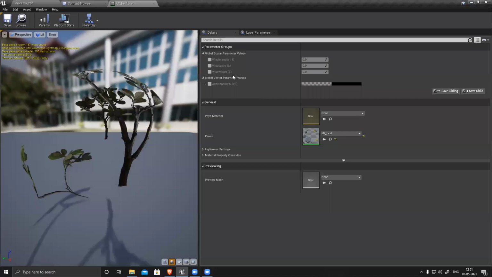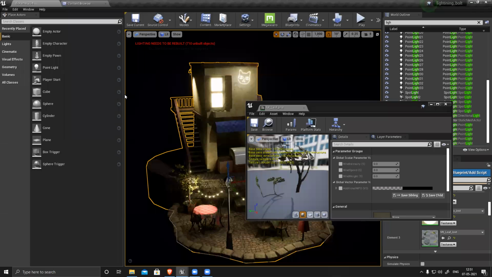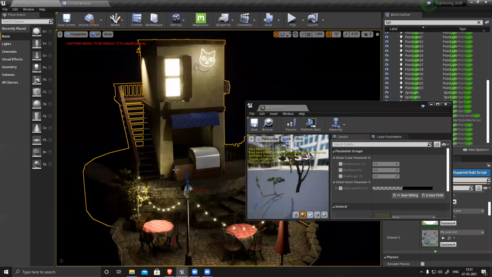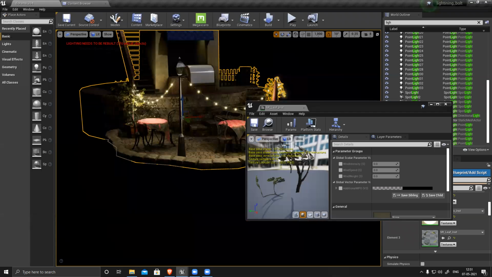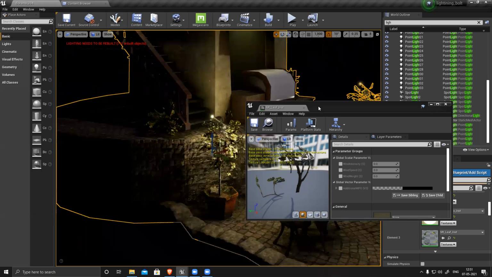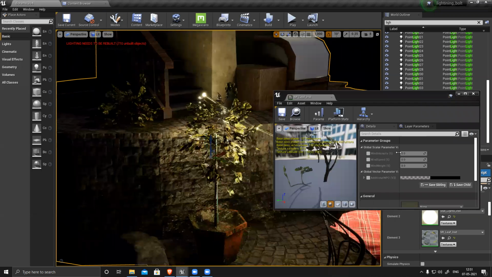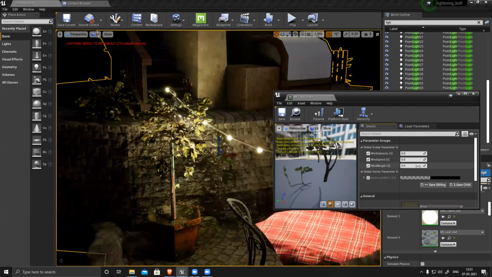So what I have to do is go to my instance, where all these options are. Now I maximize my scene, zoom into any of the leaf sections, and now I want to add some wind to it. So activate all of them, add a little bit of value. I can see all the leaves are moving slightly.